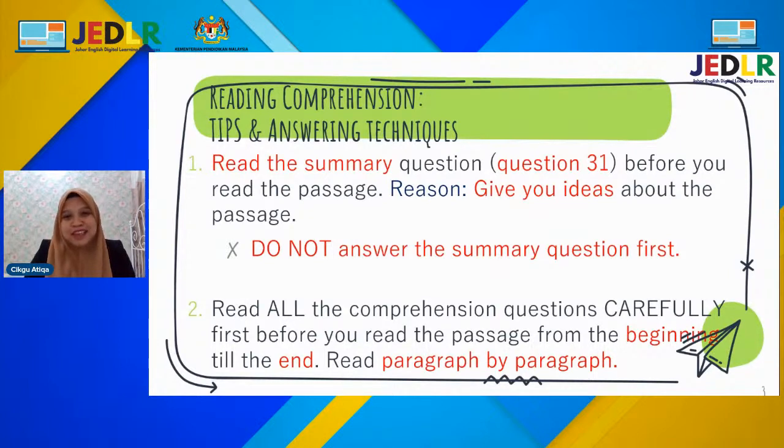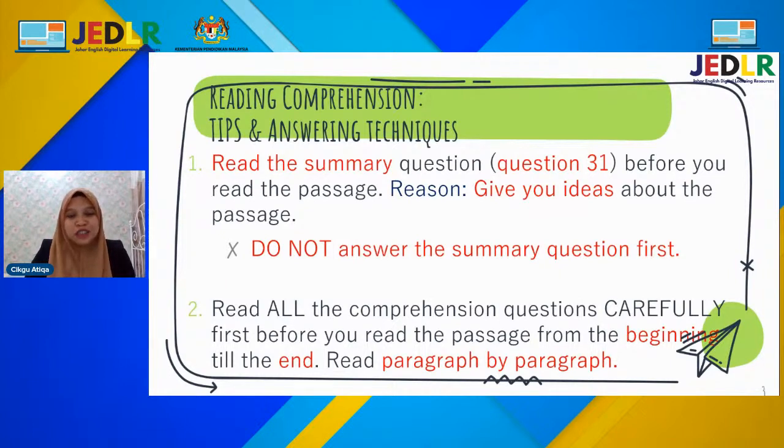The reason is that it will give you ideas about the passage. When you read the question for summary, it somehow gives you the main idea of what the text is going to be about. After you read question 31, you now have to go through all other questions, comprehension questions,